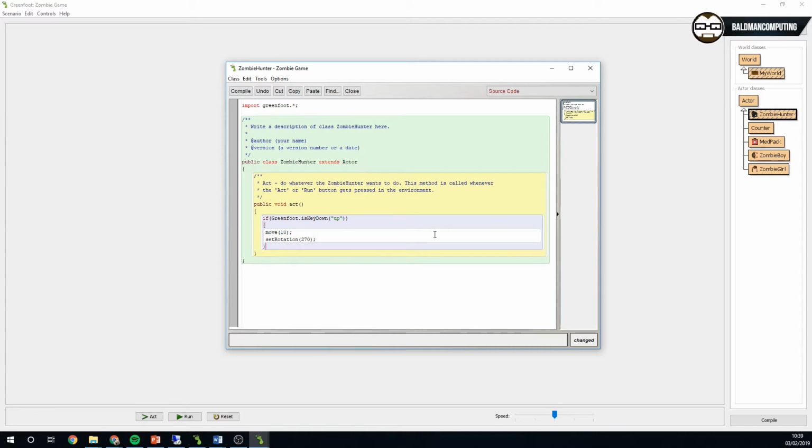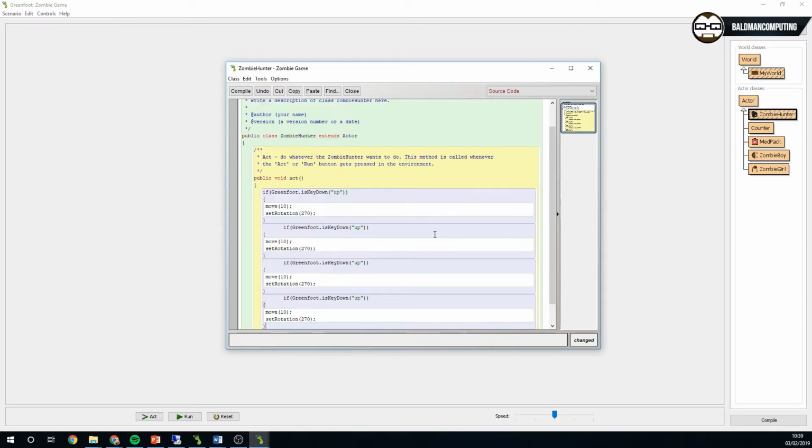Now don't worry about, oh well, you should be using an else if or an elif if you're using Python. You're right, I should, but at the same time, you're trying to get marks in this exam. They aren't looking at if your code uses if statements properly, it's looking if your game actually works. So we want up, right, down, and